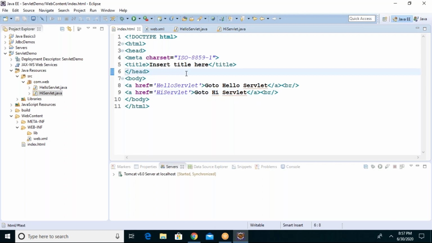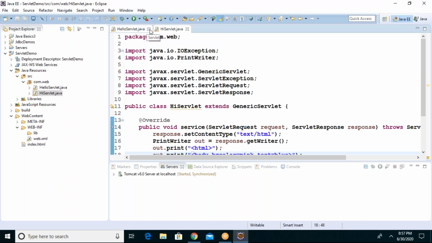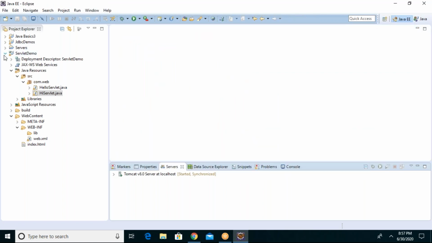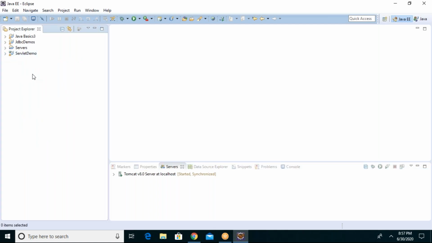So this is one way of creating a servlet. I hope it is easy, or difficult, I don't mind about it, but this is one way. The next way, we are going to create the servlet in the easiest possible way. You also create separate projects. Don't mix all projects together. Follow me exactly what I am doing.